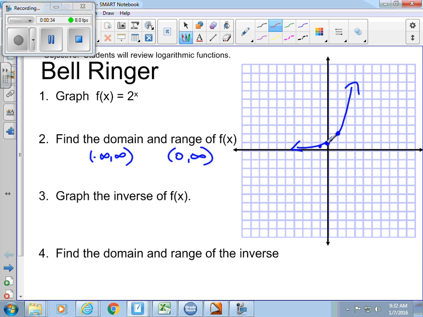So I plotted the point 0, 1. So what would the inverse of that point be? I plotted the point -1, 1/2. What would the inverse of that point be? 1/2, -1. I plotted 1, 2. What would the inverse of that be? And I could have plotted 2, 4. And then I would get 4, 2. Does everyone agree? I could do this all day long, but